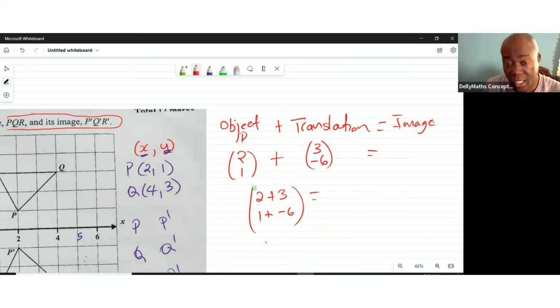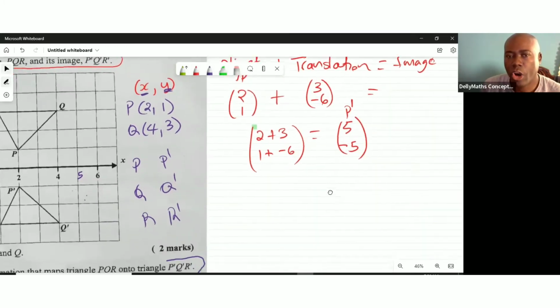The image will be 5, negative 5. So that's the image P prime. All right, 5, negative 5. Now for Q,